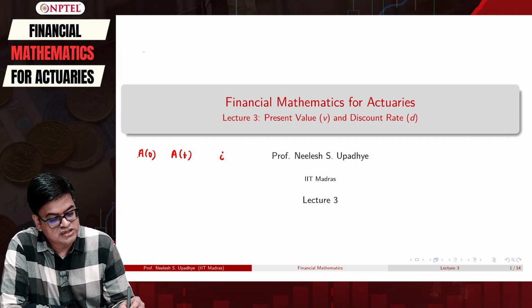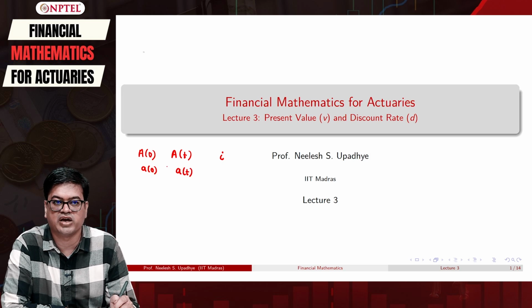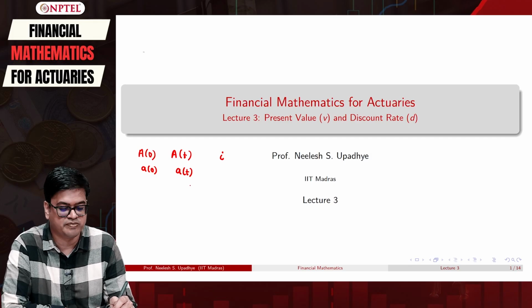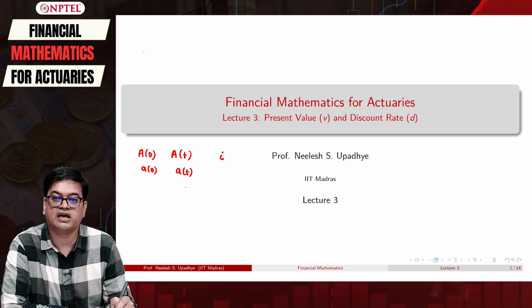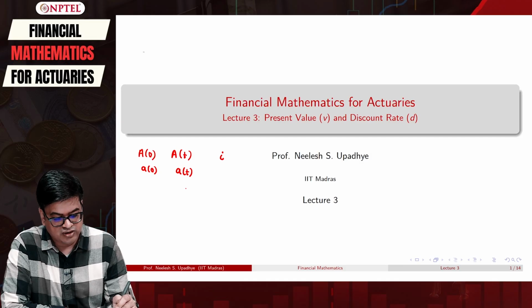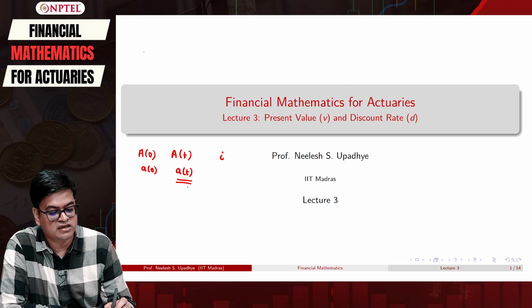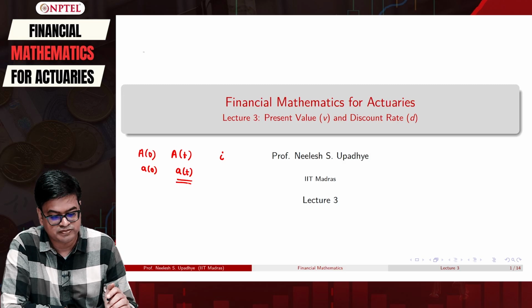Then when this initial amount was 1 unit, we derived one interesting function which is called the accumulation function, and for this unit rate, how the amount is getting accumulated, we defined by a(t). And we have also seen what is the relation between capital A(t) and small a(t), and various other relations of this i, a(t), capital A and small a. Also we saw two growth models for this a(t). One was the simple interest rate model, another one was the compound interest rate model.